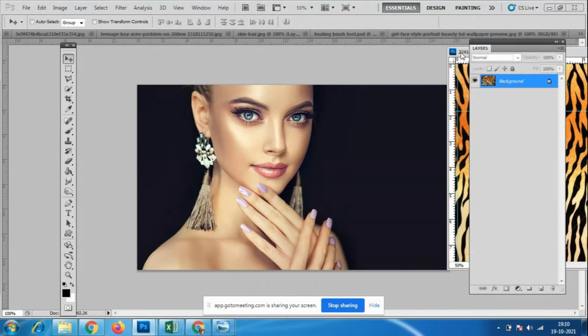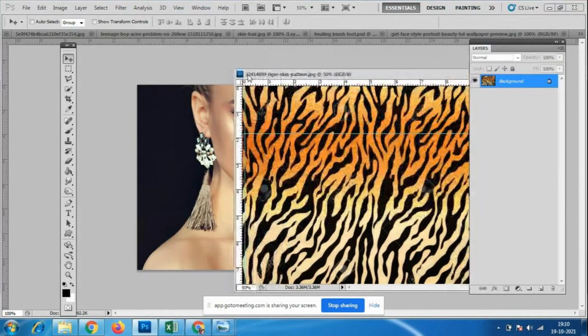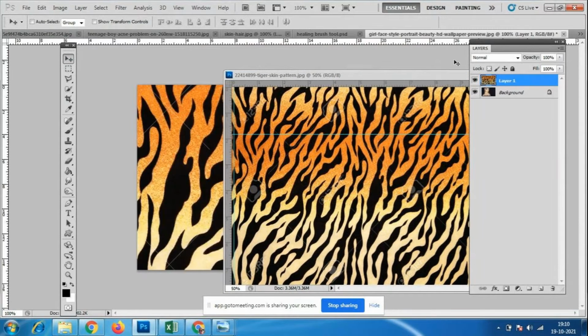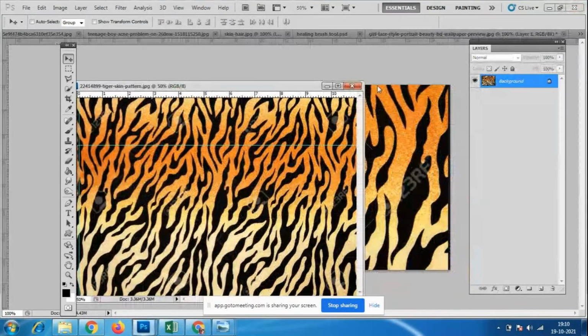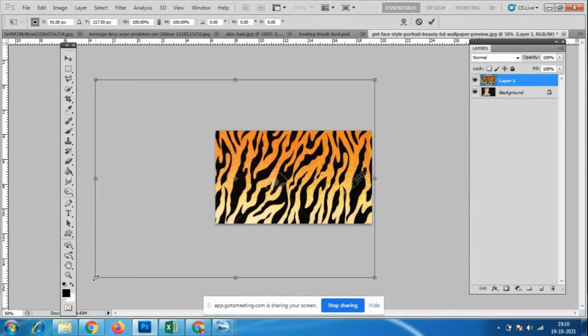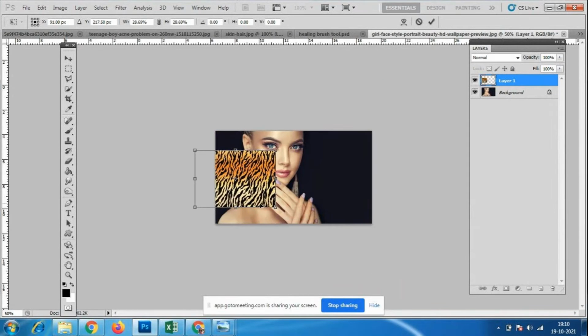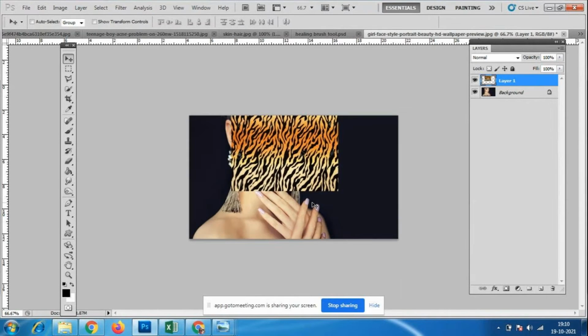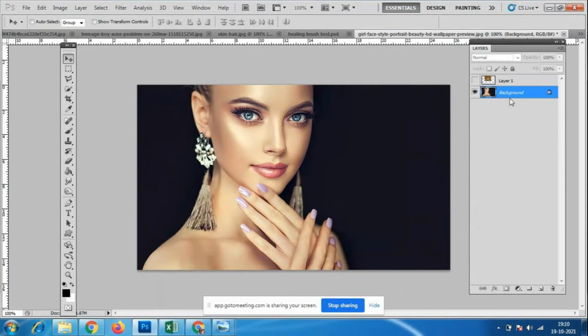So what I'll do, I'll take it here. So I will close the file and Control T. So this is a very big image. So what I'll do, I'll go to this background layer